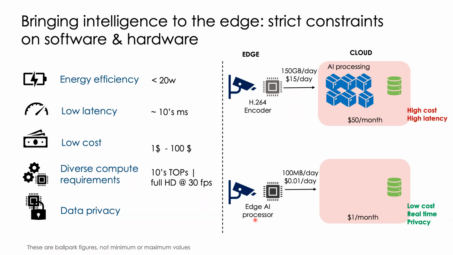And lastly, as we already discussed, you can now keep all that data quite private and only share some amount of metadata that you're comfortable sharing. So essentially, it's a no-brainer that from a scalability perspective, from a cost perspective, edge intelligence is really the only way we can scale up and bring the power of deep learning and AI to all these different devices.